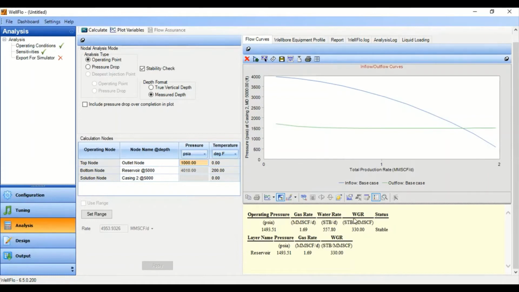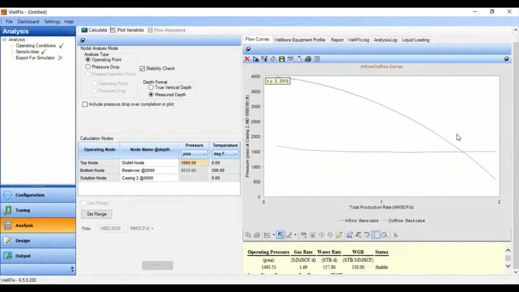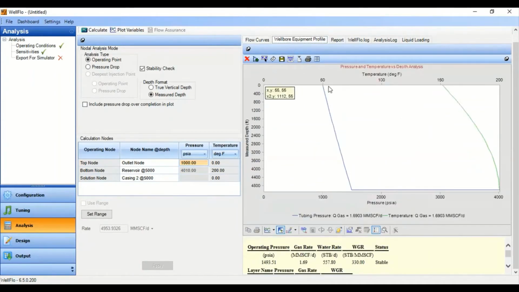And this is our input WGR, water gas ratio, and this is stable flow. All right. You can also see the wellbore equipment profile to see the pressure profile as well as the temperature profile. We are more interested in the pressure profile. As you can see, we start from the reservoir pressure of 4010, and this is the bottom hole flowing pressure.